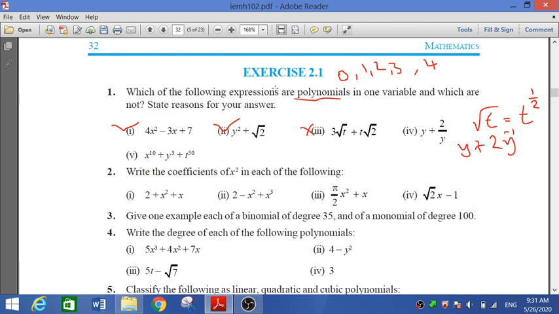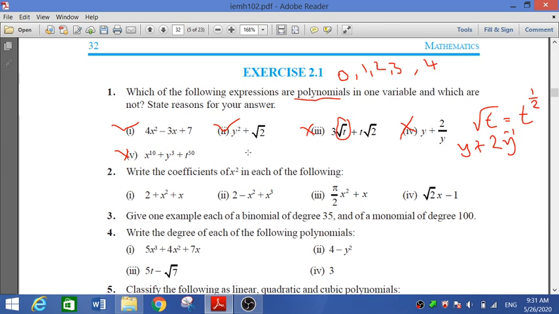We have already discussed that a non-negative integer is possible, but this is a negative integer. So again it is also not a polynomial. Why? Because y to the power minus 1. So first, yes; second, yes; third, no, because of root t. It is a fraction form, we have already discussed, so we cannot say here y to the power minus 1. So again it is a negative integer. We are discussing non-negative integers. How many variables are there? 3. So we say that it is not a one variable polynomial.